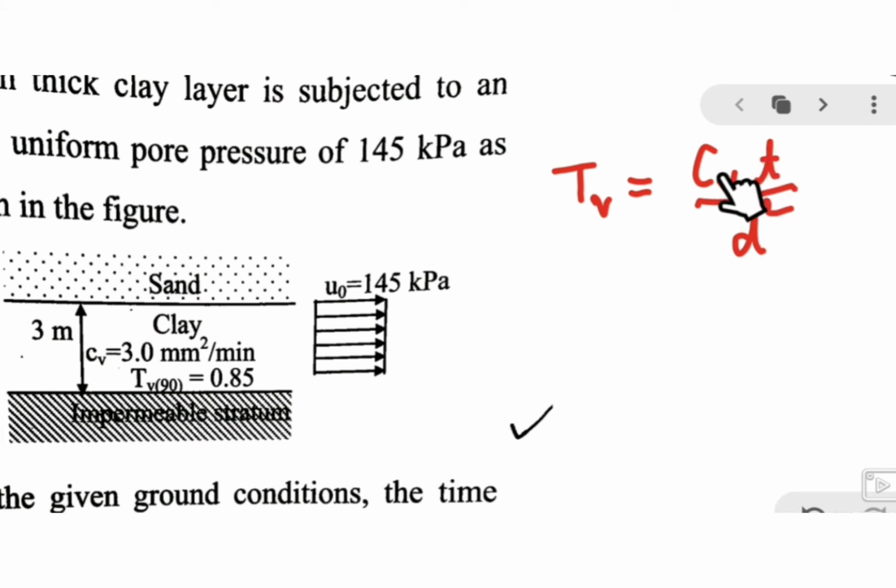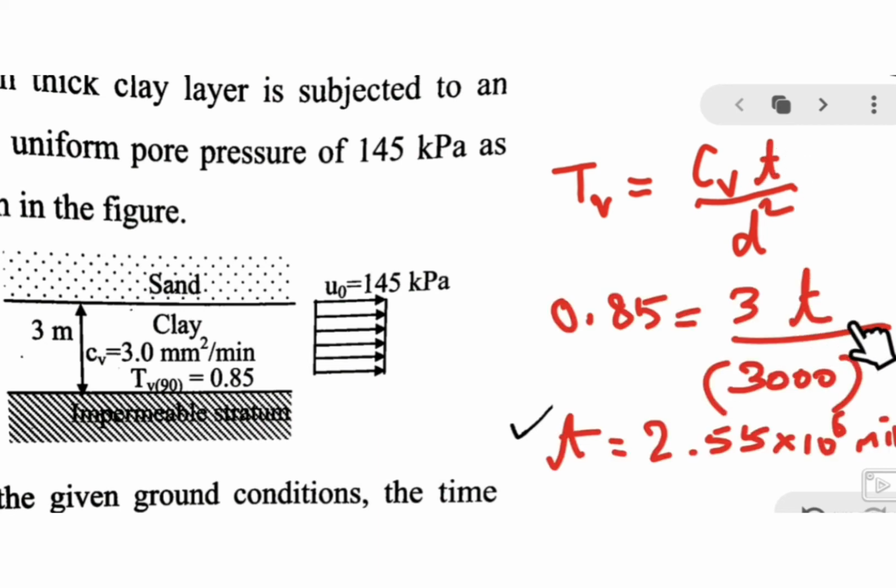They have asked only the time duration, this small t. After substituting the given TV, CV value and small t, which we are keeping aside, and 3000 is nothing but we have converted this 3 meter into mm, because CV is in terms of mm. So after substituting we will get t in terms of minutes. Then based on the given options we can convert it. So here we will convert it to days. If you just convert it to days, you will get around 1771 days.